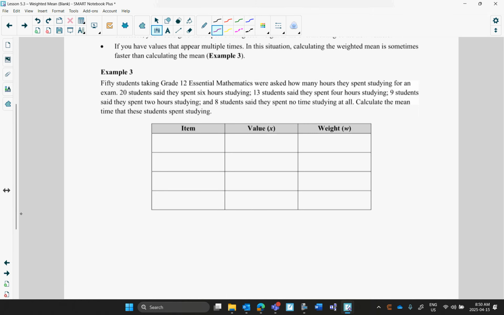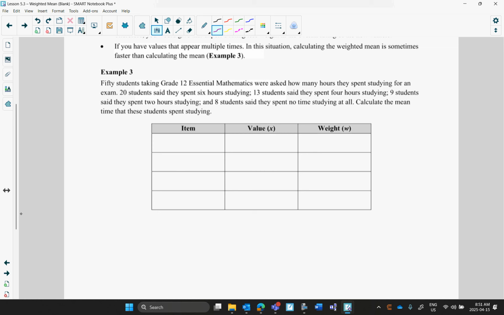So here, we've got 50 students that are taking grade 12 essential. They were asked how many hours they spent studying for an exam. 20 students said they spent 6 hours studying, 13 students said 4, 9 students said 2 hours studying, and 8 students said they spent no time studying at all. Calculate the mean. Well, imagine if we had to, without the weighted mean,